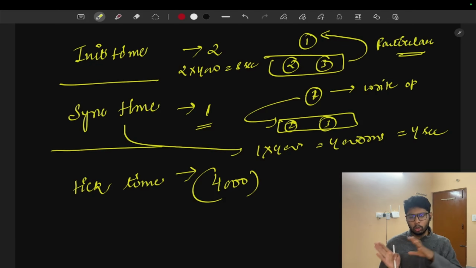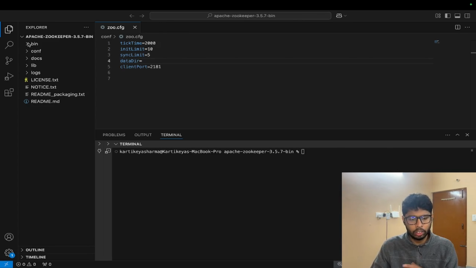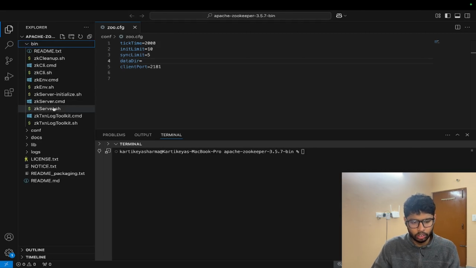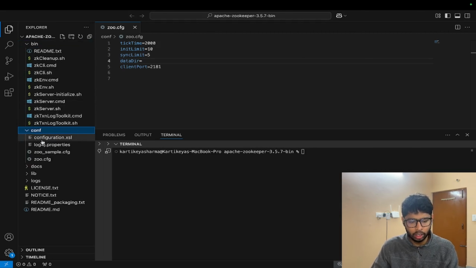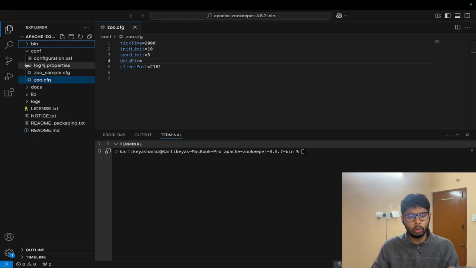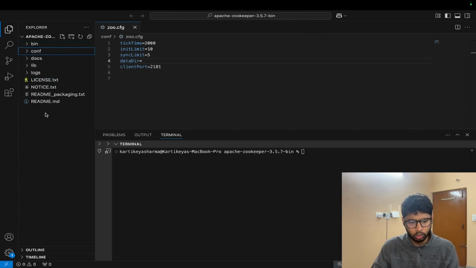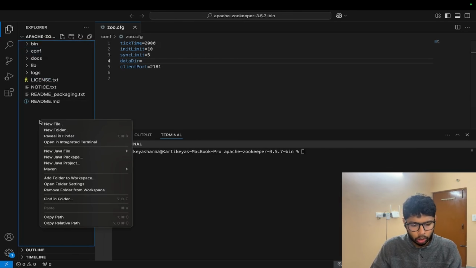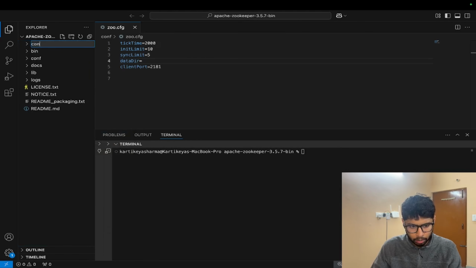Now let's move to our coding part. There we are going to see how we can develop the clustered setup of Zookeeper. In the previous video, we saw that zkserver.sh communicates with the zoo.config file that is here right now. But now we are going to do a multi-server setup. In that scenario, we have to create multiple configs and multiple data folders, which I'm going to explain. First of all, let's create some config folders.